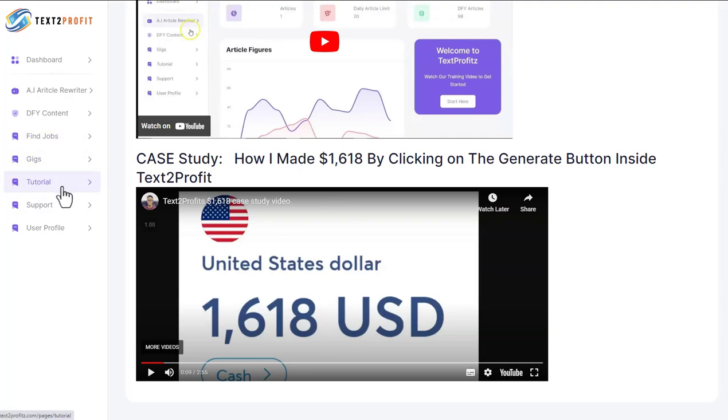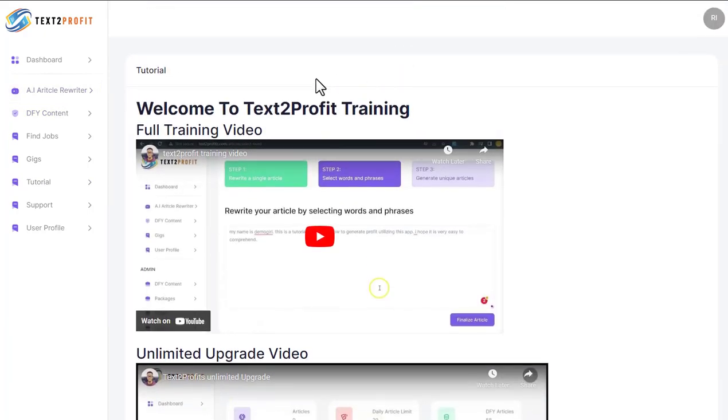I know it's a toy. Come in here, spend your $17, do your 3 articles for the day, and then wait for the next day to do the rest. I just think it's all nonsense, guys. There's much better software out there. If you're really serious about generating this type of content, Jasper AI and any number of other AI tools out there these days will help you do that. This isn't going to be something you need to buy.